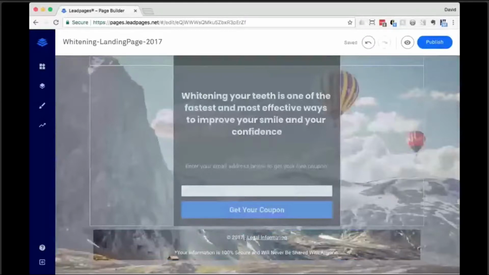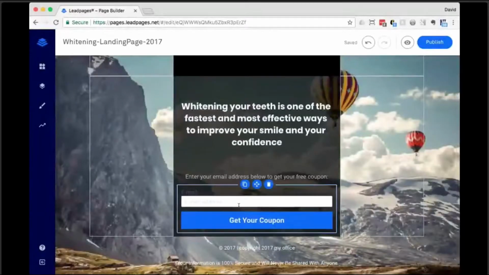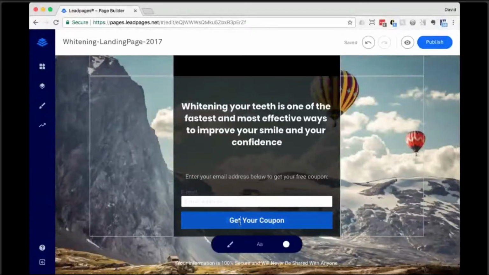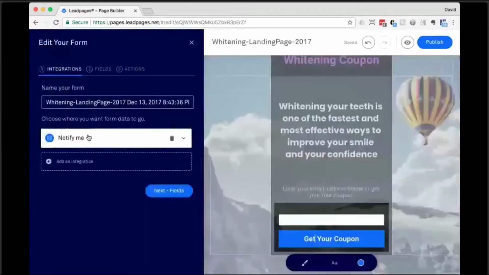And here we go about adding some copyright information, just so we have it. Great. So they'll click Get Your Coupon, and then they'll be able to get the coupon. So when we click on that form area, we have the Notify Me button. Now you can edit integration, such as